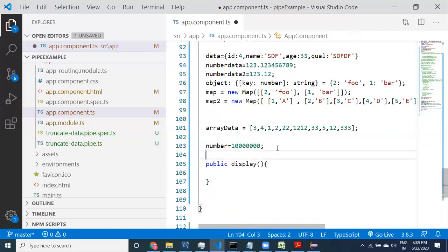Max number is going to be something like the number, and we are going to take count equal to 1.